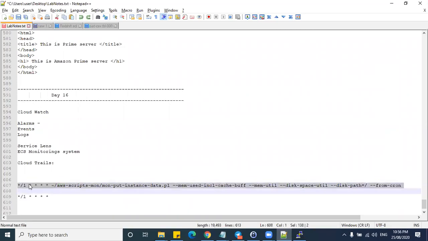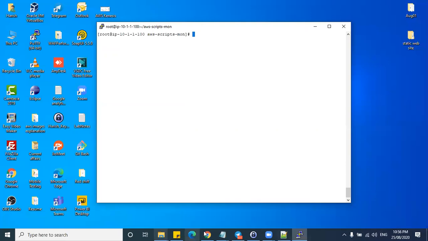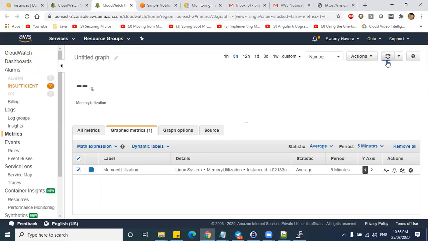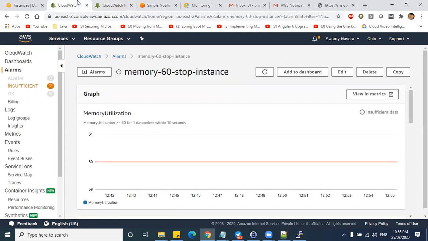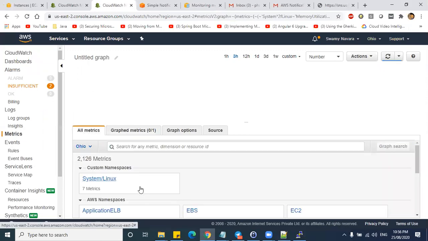So this is the command which will push for every 1 minute. The memory logs will be pushed to Cloud Monitor, right? Means if you see here under the Cloud Monitor, now the memory, whatever we have seen, memory utilization along with all metrics.